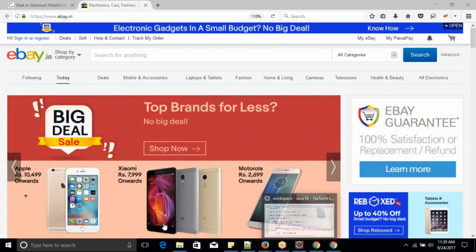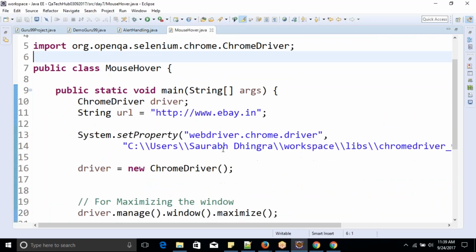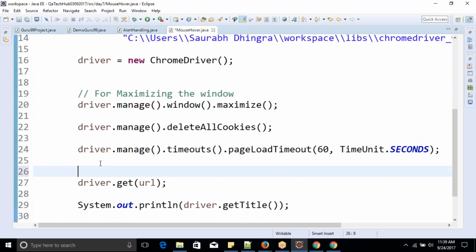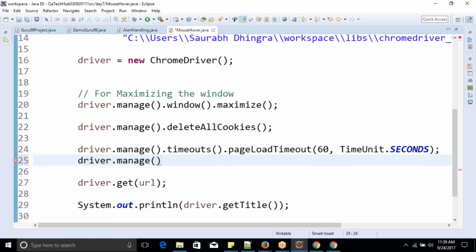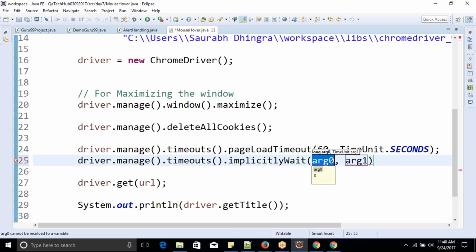Okay, so I'll give you a quick explanation about it. We'll define this implicit wait here only, just before starting the website. I'll say driver.manage().timeouts() and which timeout I want to manage: implicit wait. Let's say I want to keep it small, 10 seconds, and then time unit